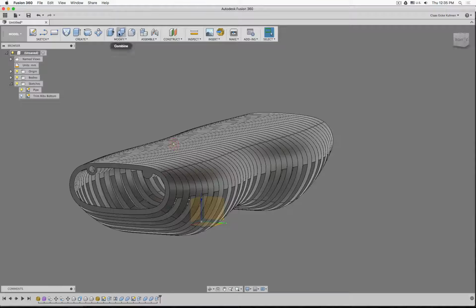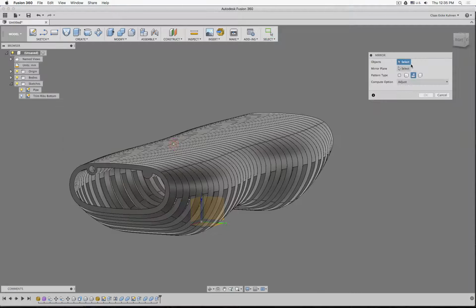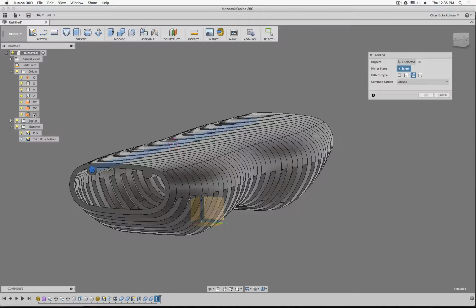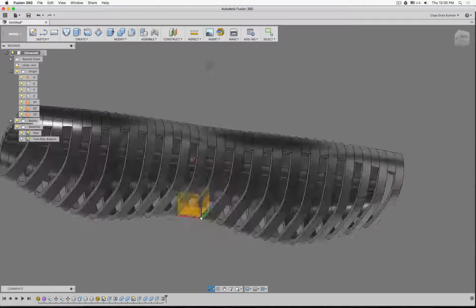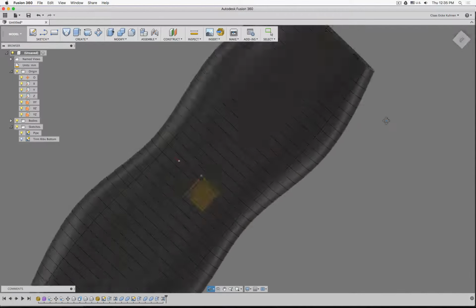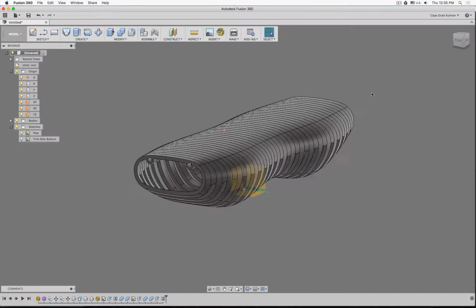Everything is cut. I would like to mirror this feature over along this axis plane, and that should work as well. It did. Nice. Okay, pretty good. Last thing to do,